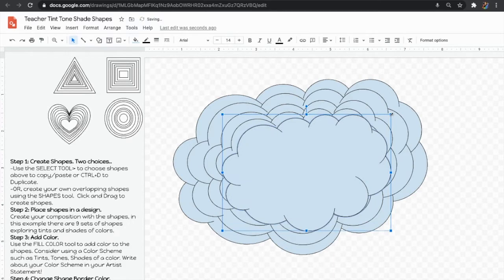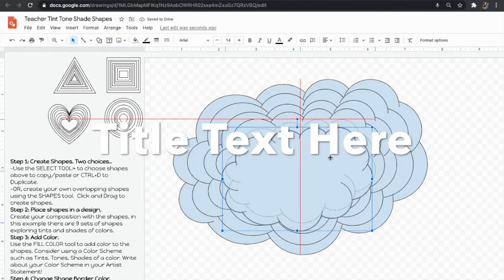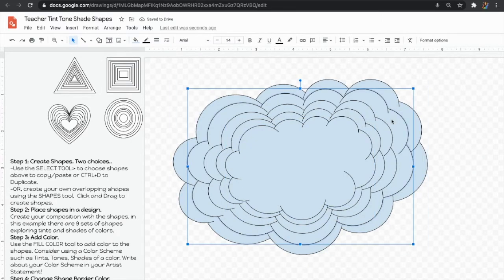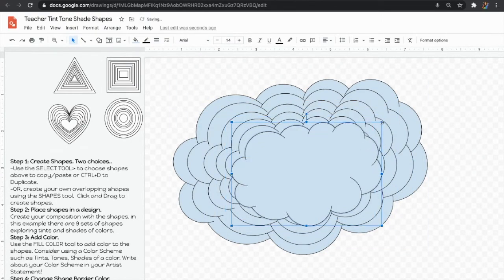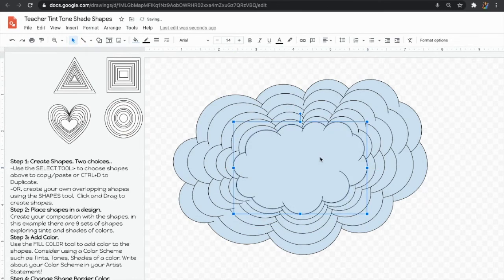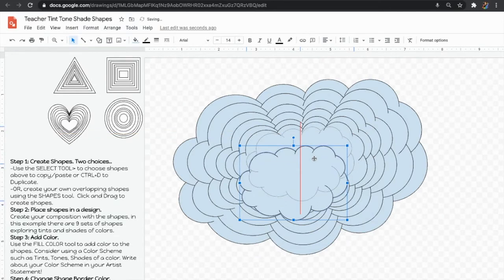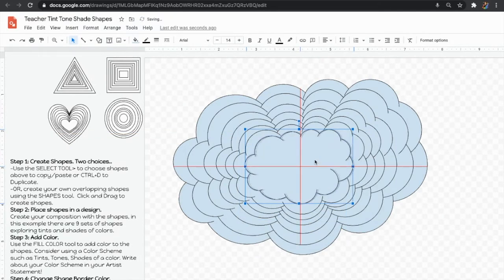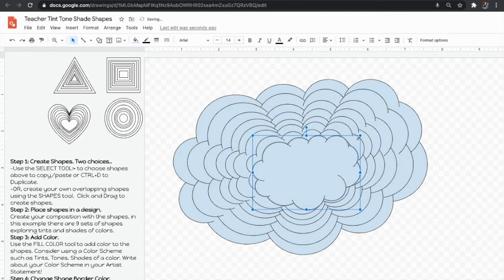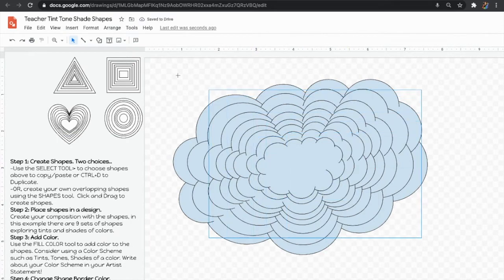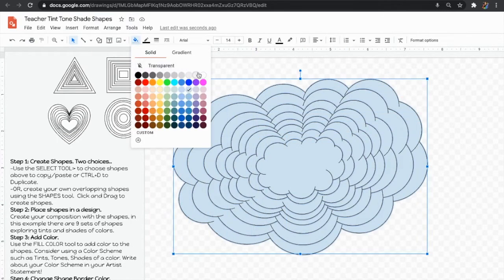So I want to do this a few times so it's impactful. And I've only done this a few times so far. So I have, this is going to be 1, 2, 3, 4, 5. Could do it a few more times. 6. This will be the 6th one. 7. 1 more time. 8. So now I have 8 of that repeating design, and I'm just going to make the fill color white